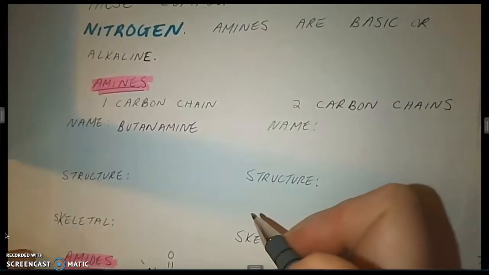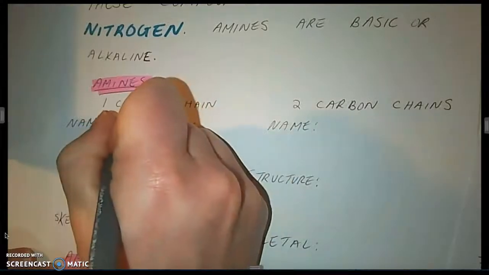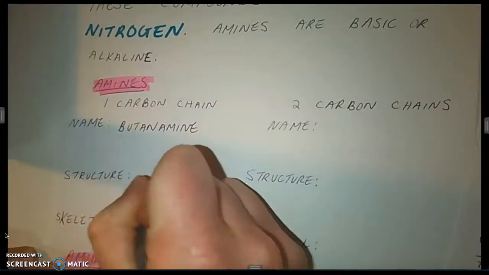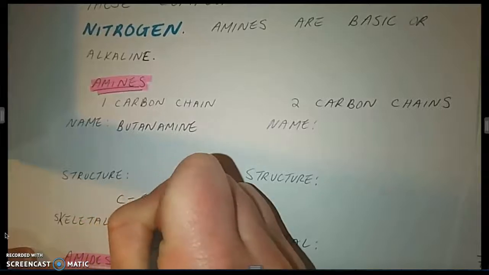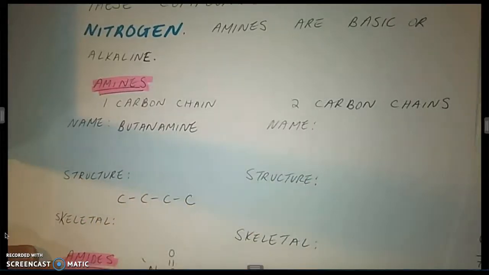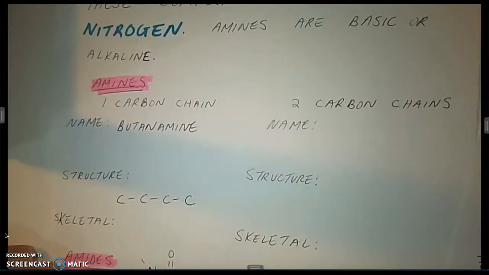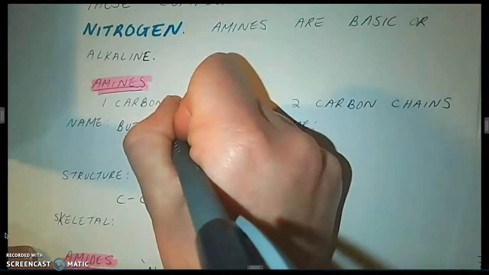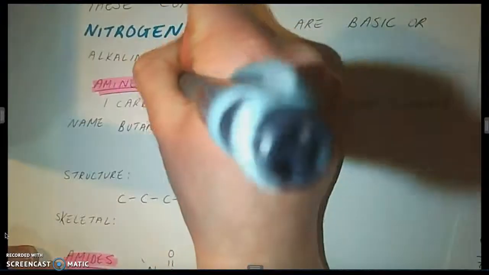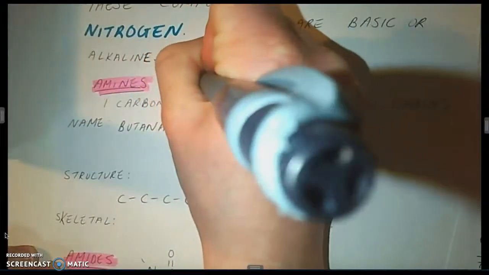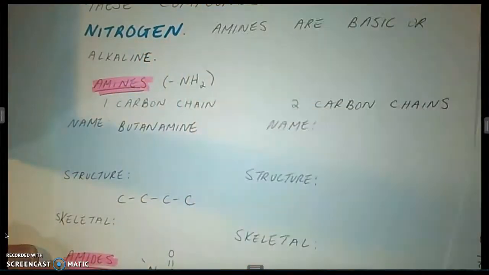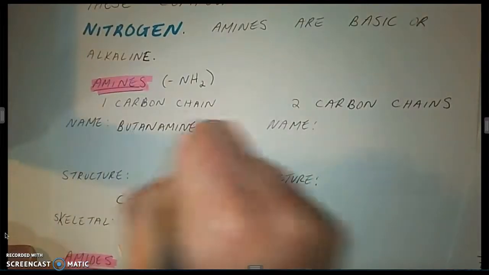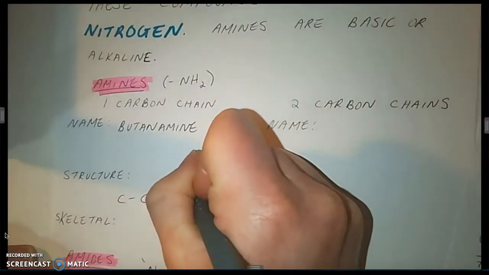And then the structure for butanamine: "but" tells me I need 4 carbons. So I'm going to draw 4 carbons, 1, 2, 3, 4. And then it's an amine, which means that it has an NH2 group on it. I'm going to pick either end carbon, I have a little more space on this one, so I'm going to put an